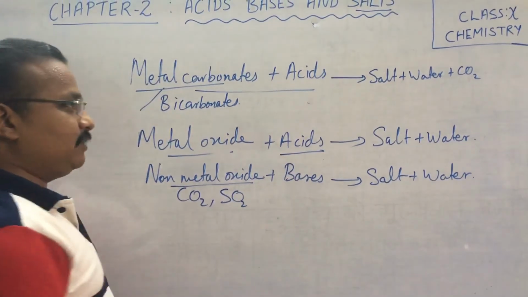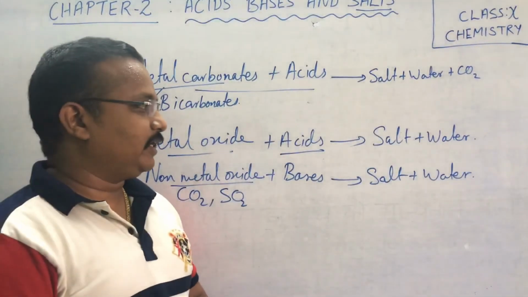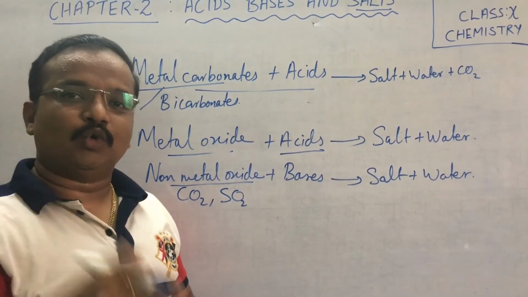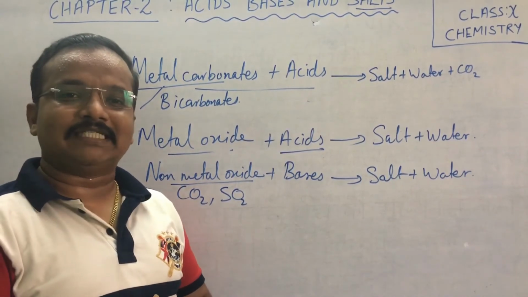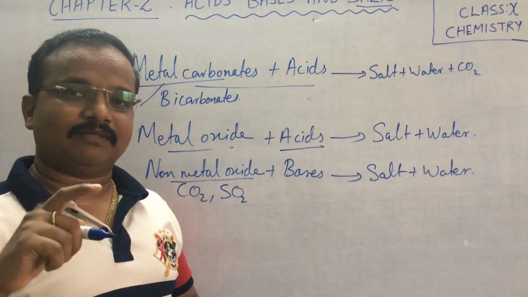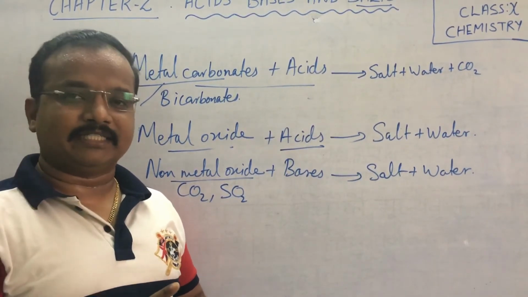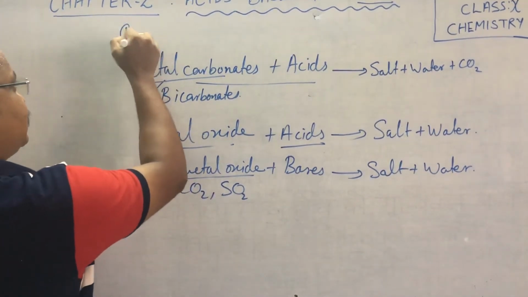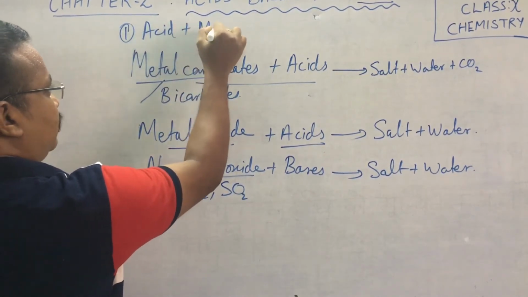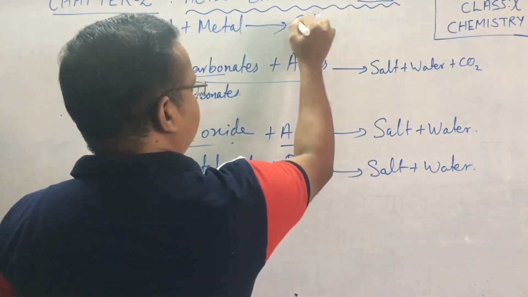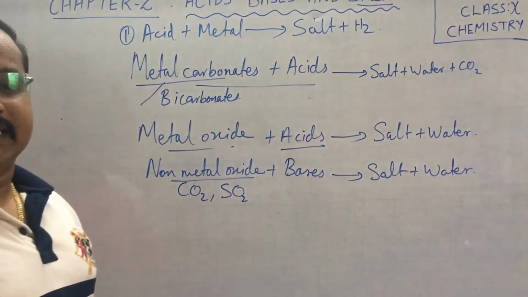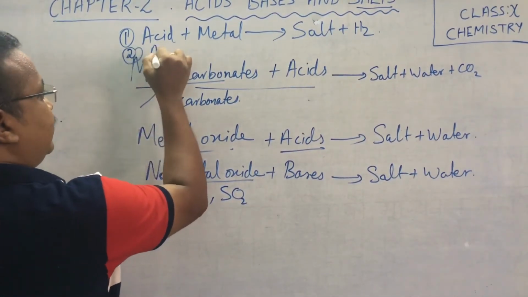Okay, what do we understand from all this? In most cases these reactions get nullified, or we can say they get neutralized. In the first case, we saw acids react with metals to produce salt and hydrogen gas, right? Acid plus metal forms a salt and hydrogen gas, right?